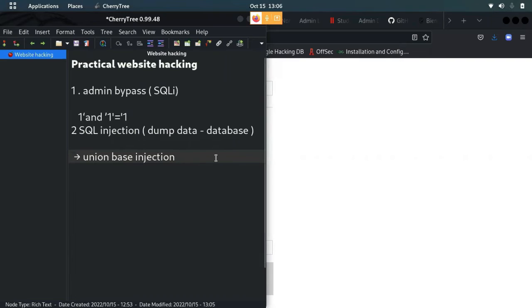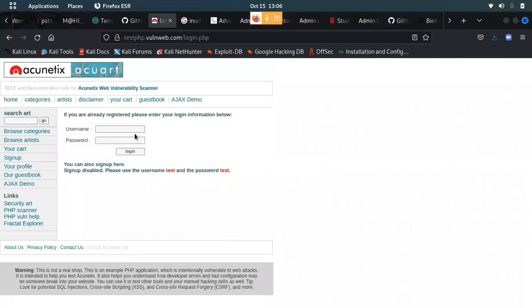Union based injection can be used with the SQL injection, SQL map tool, or no SQL tool also. So let me try to show you how to dump database information using manual and SQL map tool. Okay, so first